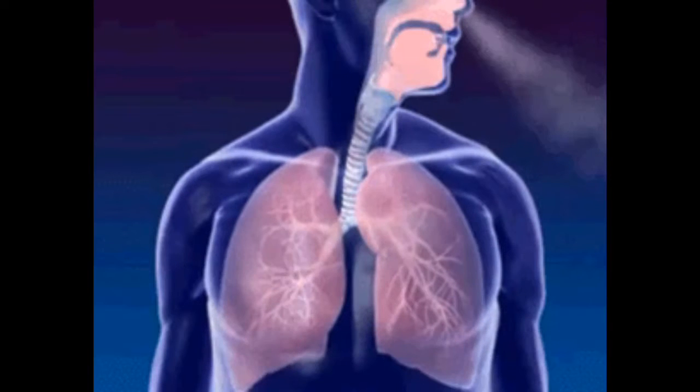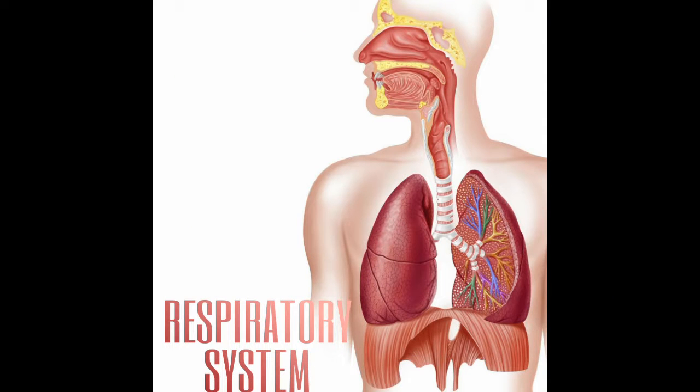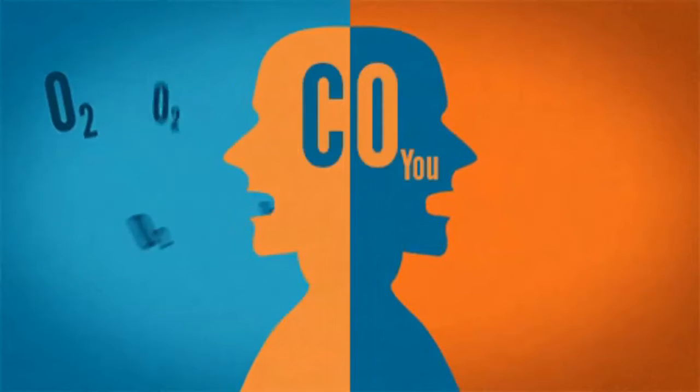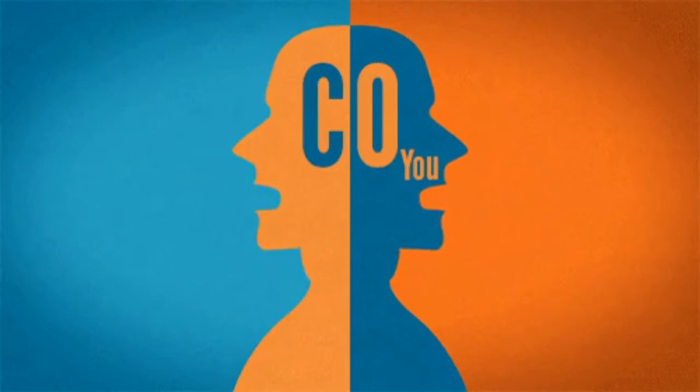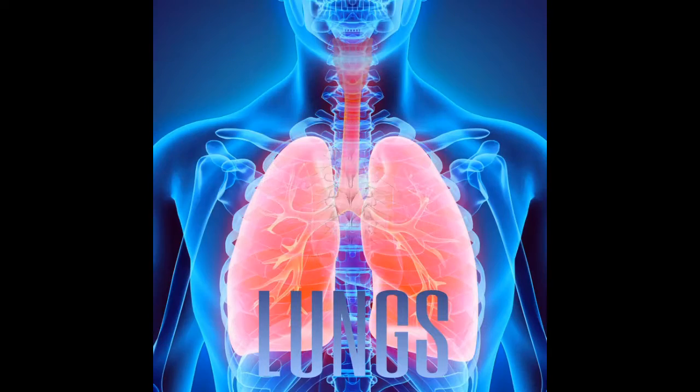Why do we breathe? The cells of the human body require a constant stream of oxygen to stay alive. The respiratory system provides oxygen to the body's cells while removing carbon dioxide, a waste product that can be lethal if allowed to accumulate. There are three major parts of the respiratory system: the airway, the lungs, and the muscles